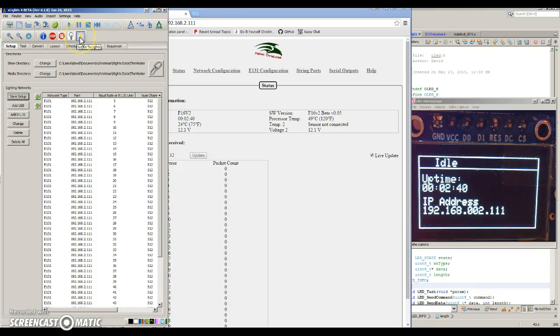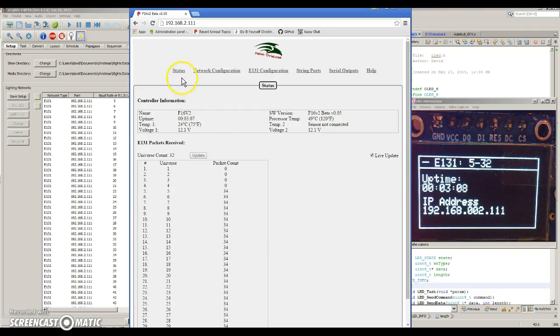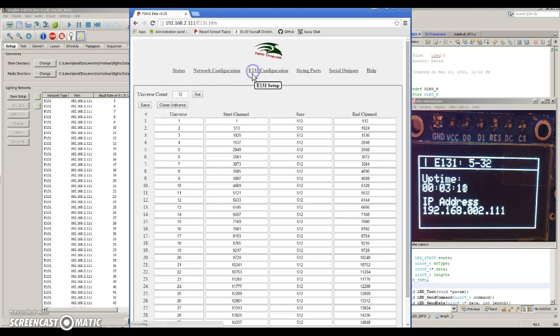And if we start sending it the data by clicking this button here, you'll see the F16V2 immediately shows that it's receiving. It has this little twirly thing that shows it receiving E131, and it shows you the least universe that it received and the highest universe that it received. You would think that this universe here would be 5 plus 50 or 55, but the FPP configuration page is only set up for 1 to 32. It only shows you the lowest and the highest received that has been configured for this